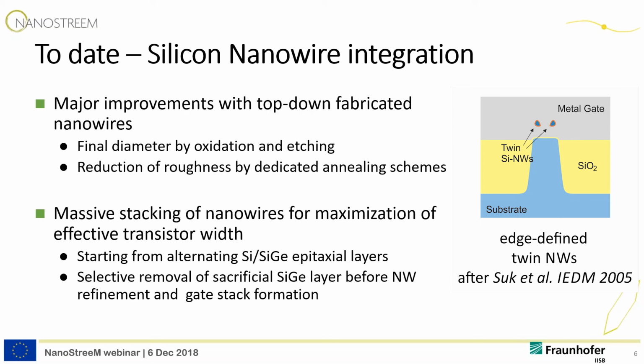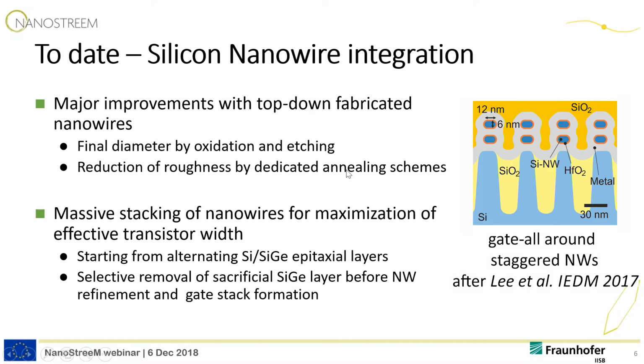The only problem is that the initial quality of these materials is not as good as with the bottom-up grown material. But then they go on and develop refinement technologies. And if you just click once on the slide,